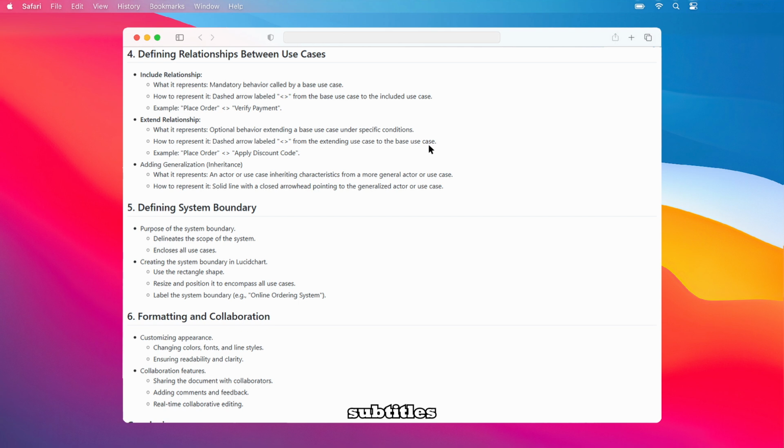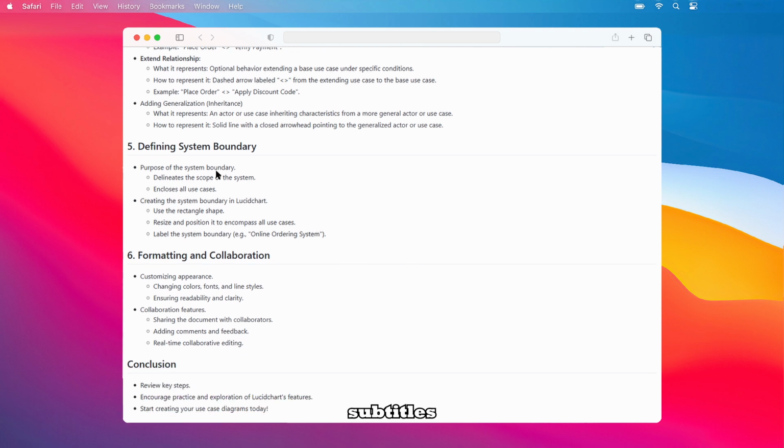Defining the system boundary is also important, as it delineates the scope of the system and encloses all the use cases. To create the system boundary in Lucidchart, use the rectangle shape. Resize and position it to encompass all your use cases, and then label the system boundary, for instance, Online Ordering System. Finally, you can customize the appearance of your diagram by changing colors, fonts, and line styles to ensure readability